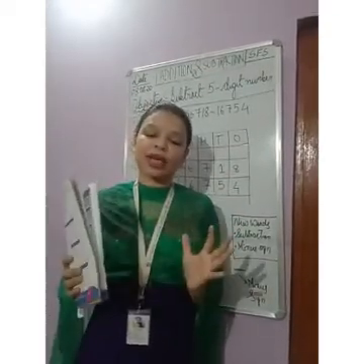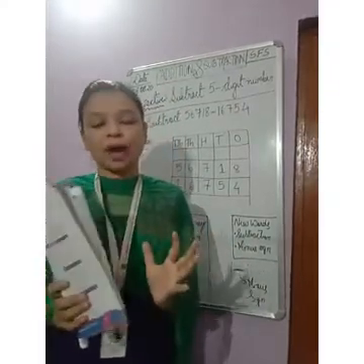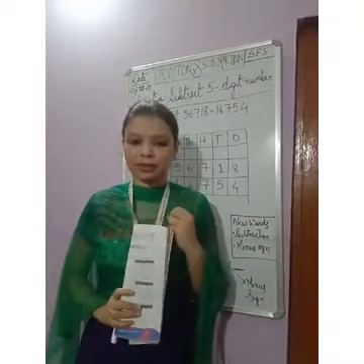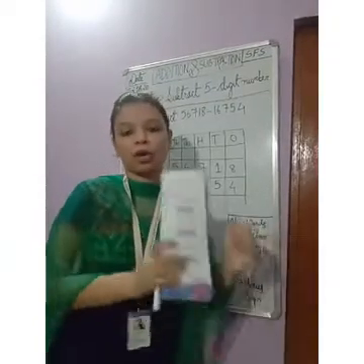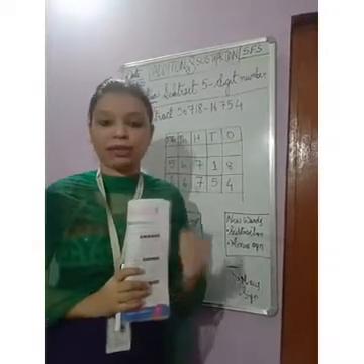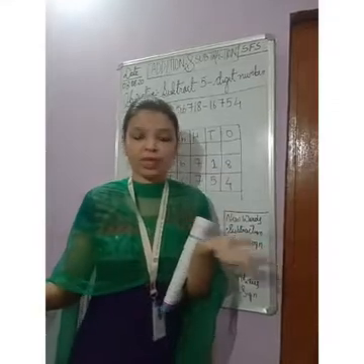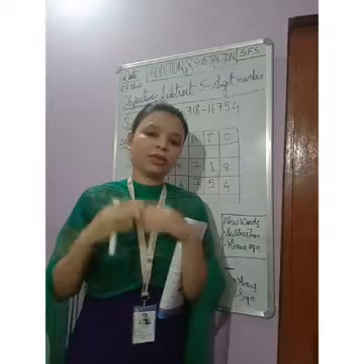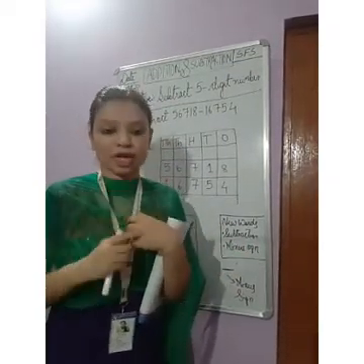Suppose you have a collection of toffees or marbles. You have 50 marbles in a box. From the box, you take 5 marbles. Okay? And after taking 5 marbles from the box, how many marbles are left in the box? There are 45 marbles because 50 in the box and 5 you have taken. So 50 minus 5, what we have? 45. The process of taking from a collection is known as subtraction.